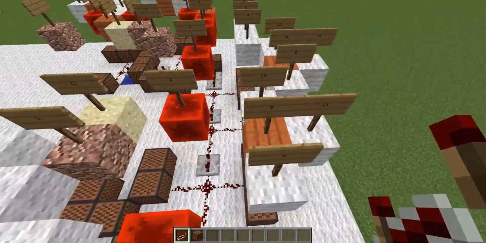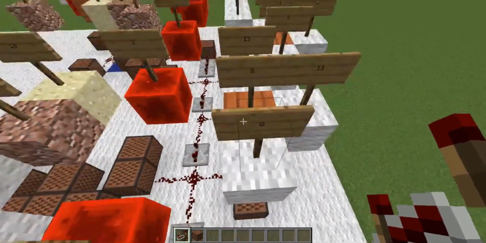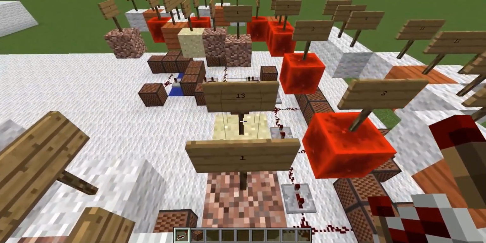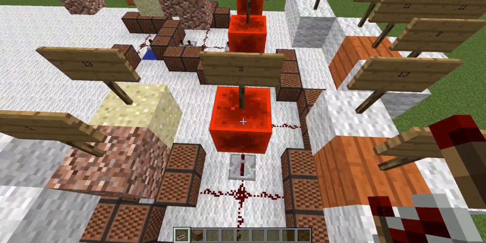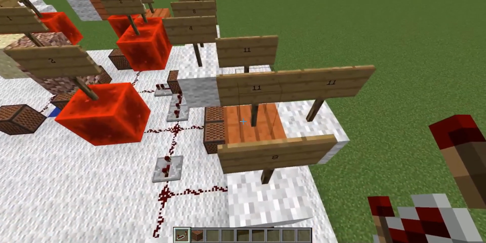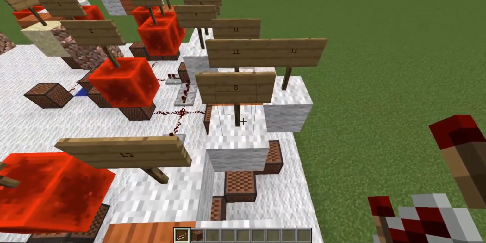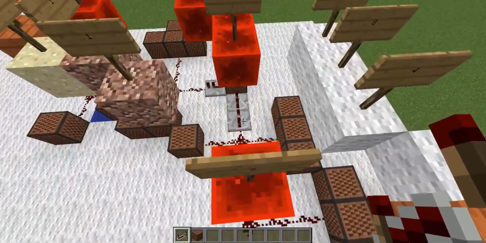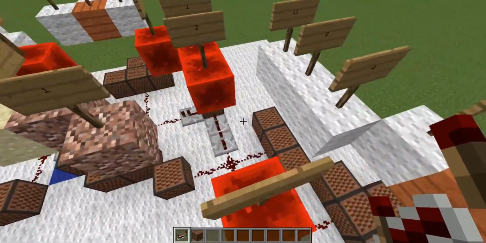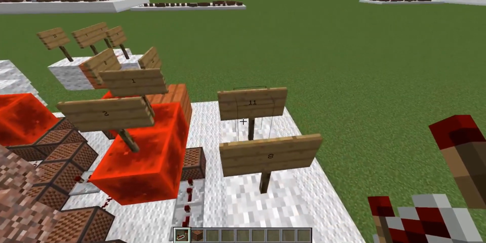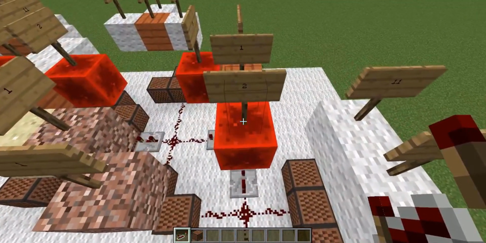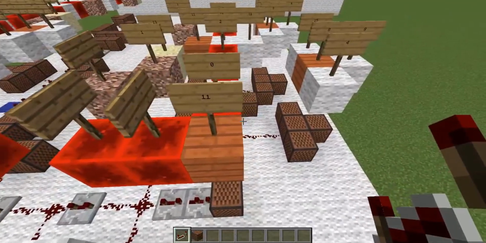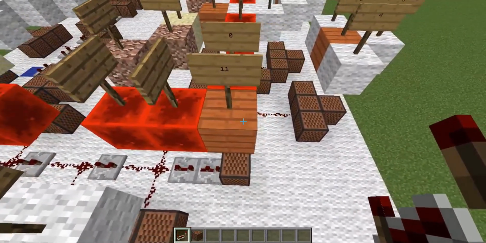So yes, this is 8 on bass with 8, 11, and 13 on wool, with 1 on drum and 13 on snare. 2 on the next repeater, and then we have 11 on bass with 8 and 11 and 11 on wool, 2 on the next repeater, 1 on drum with 4, 8, and 11 on wool, 2 on the next repeater, 1 on another repeater right after that, 11 on wool, or that's not wool, that's bass. 11 on bass,